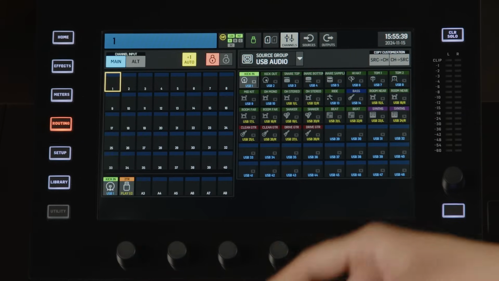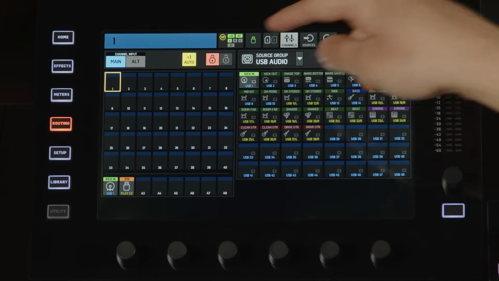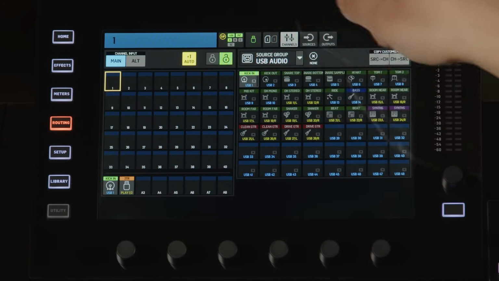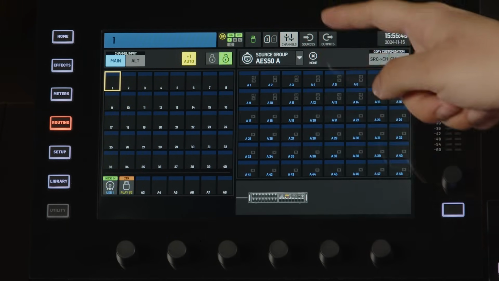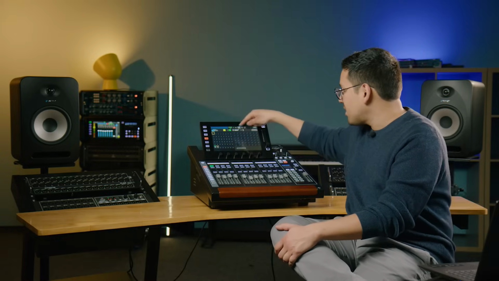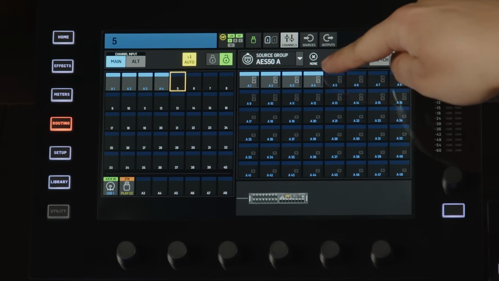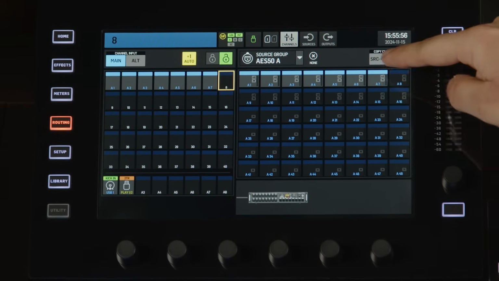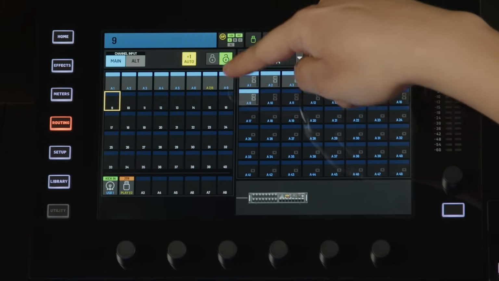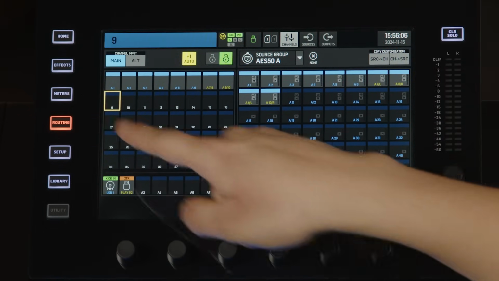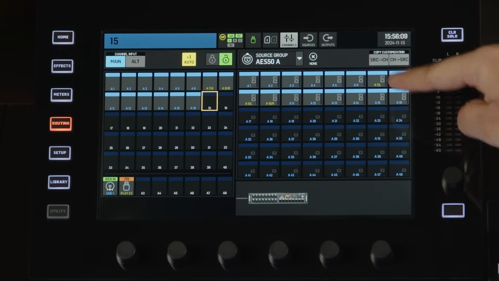Let's go to routing, and the quickest way to do it is with the channels page selected. Now we unlock that and select the AES50A port, which is the one I've connected the S16 to, and then we can just assign the channels we want to. Also, let's say channel 7 and 8 are stereo. I can link those and send them to a single channel on the Wing. You don't need to use 2 channels for a single stereo source. You can just route them to a single channel. And just like that, we've routed 16 inputs to the first 14 channels on the Wing.